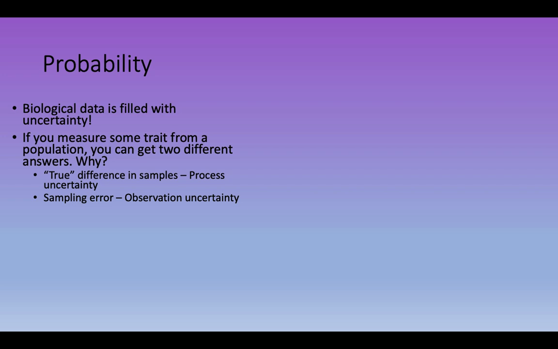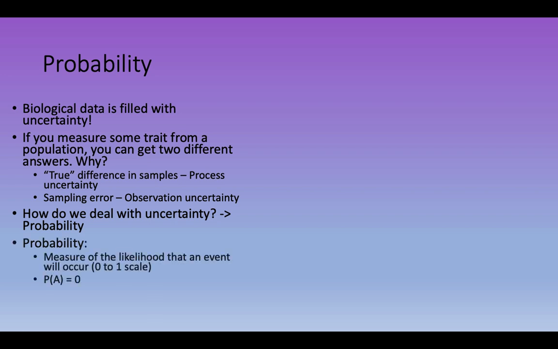But I also could see a difference between two populations, from two samples, just because I only collected 5 individuals twice instead of 500. If I'd gotten 500, they'd look about the same, but if I only got 5, they're going to look different. We refer to that as observation uncertainty. The whole point is that there are true differences, and then there's some uncertainty in this process. Did you do enough to actually say something about what's true? So how do we deal with that kind of uncertainty? We deal with it using probability.